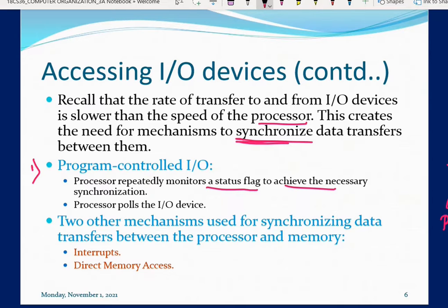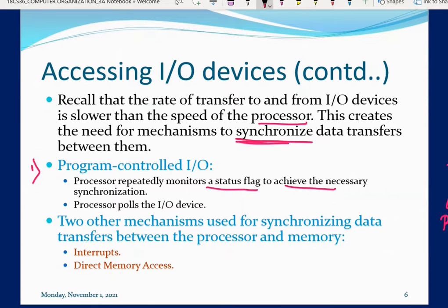The processor will not just keep waiting. Instead, it will check the status of the flag. If it is not ready, it will come back and perform some other task, and after some time it will check the status of the device again. How much time is the processor spending checking the status of the device?